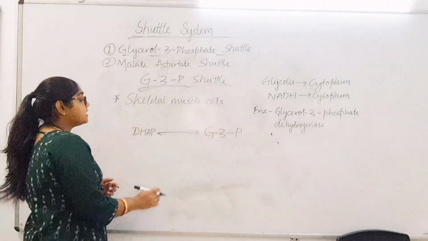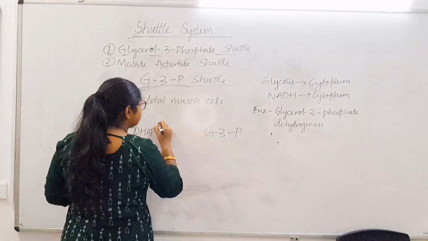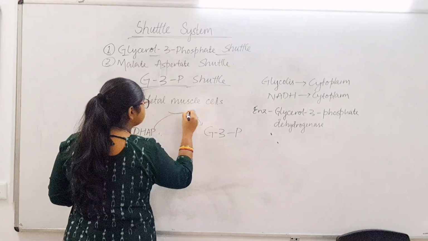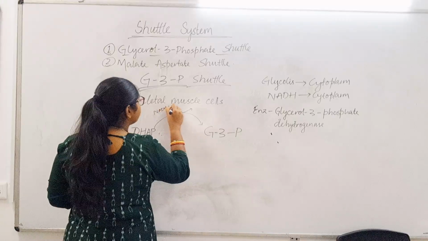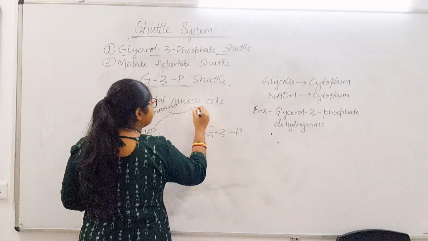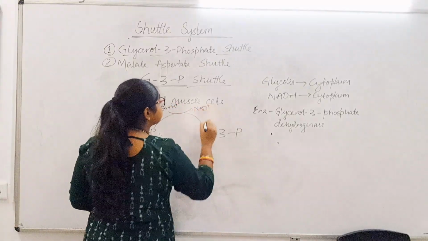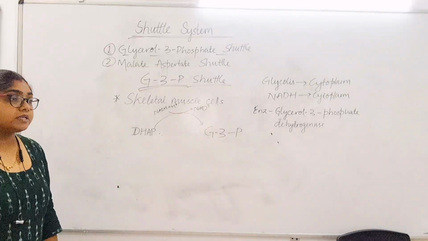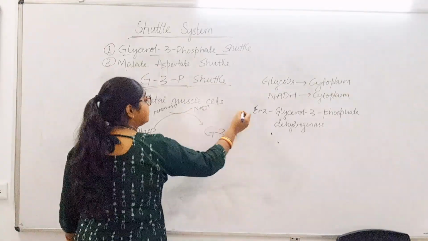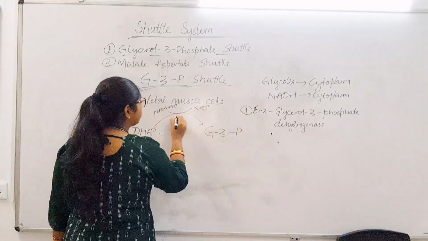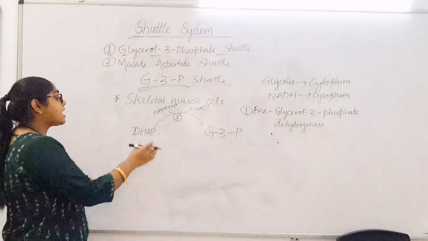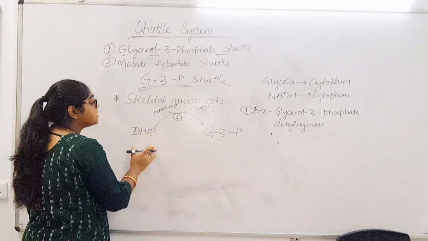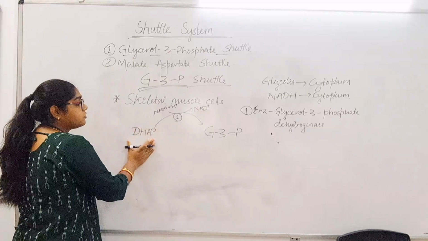Okay, and in this process, it also accepts NADH with a proton, and here it produces NAD plus. It regenerates NAD plus. So this enzyme 1, glycerol 3-phosphate dehydrogenase, first oxidizes the dihydroxyacetone phosphate to